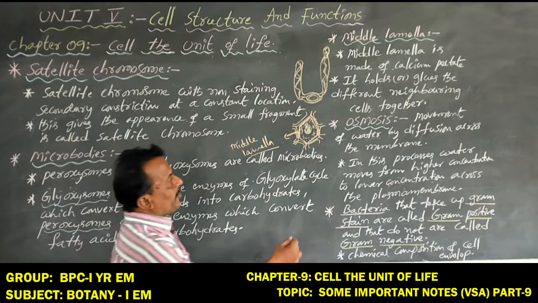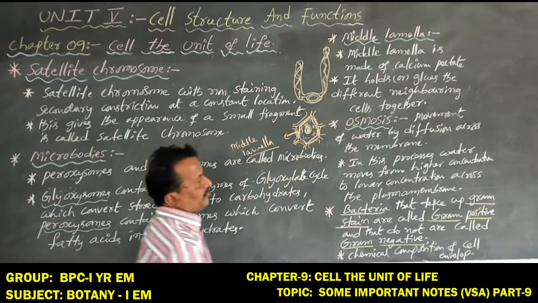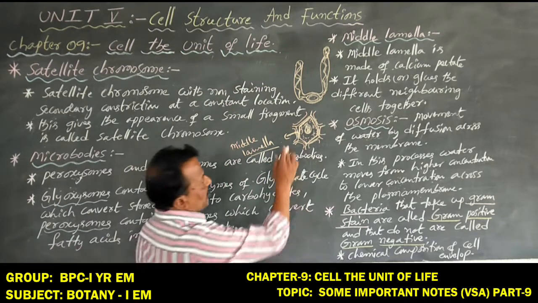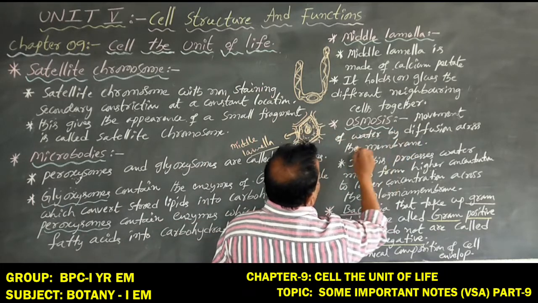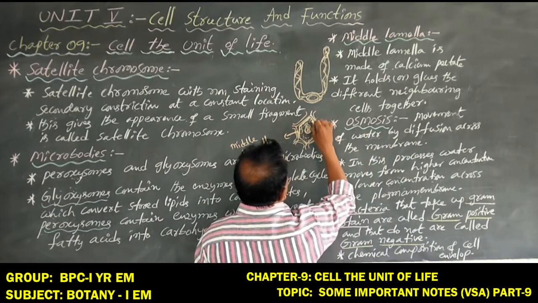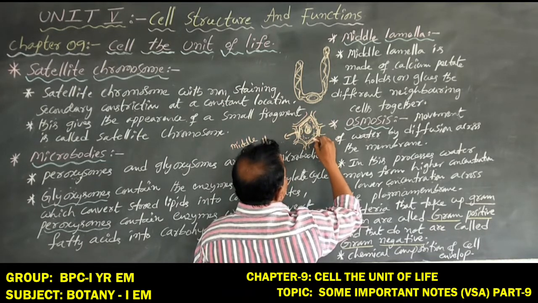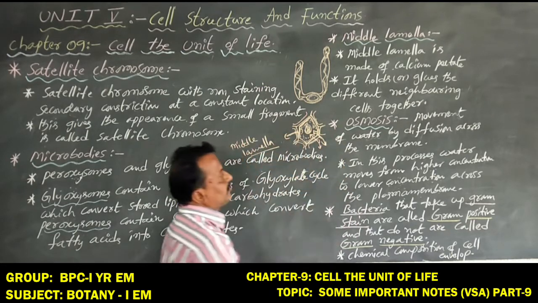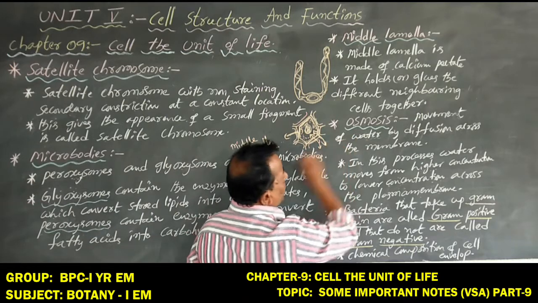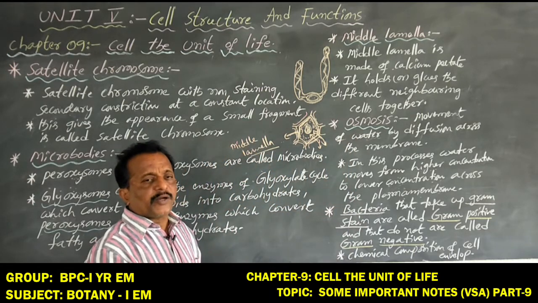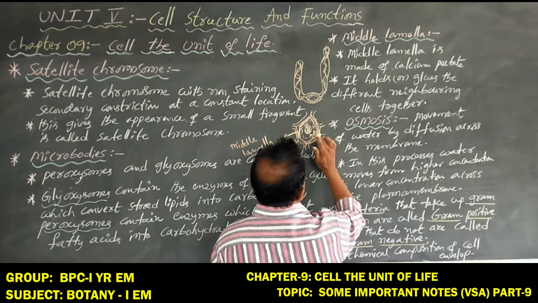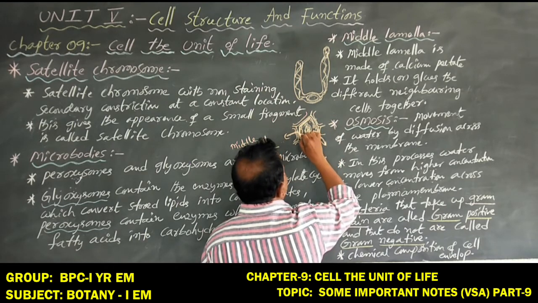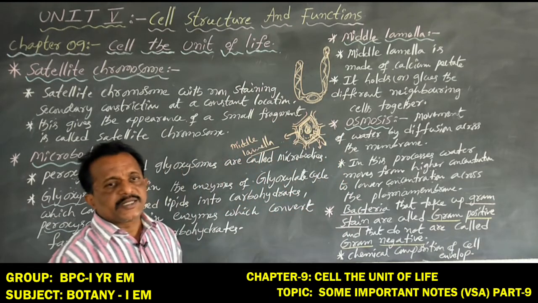Okay now, next coming to another important area here, osmosis. What is the meaning of osmosis? What is the role of osmosis? So dear students, it is the movement of water by diffusion across the cell membrane, from inside to outside and outside to inside. Movement of water, ions or solutes by diffusion across the cell membrane. The cell membrane, or plasma membrane, is always present below the cell wall.